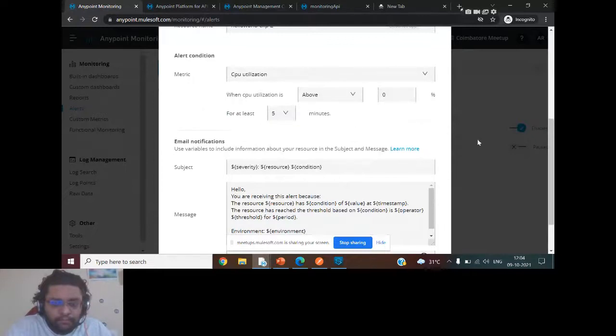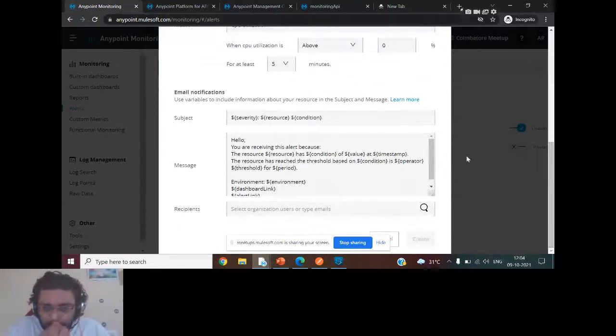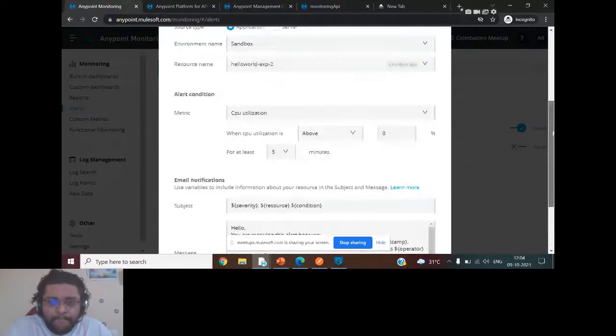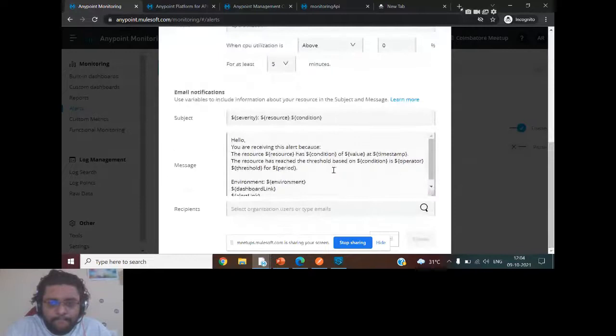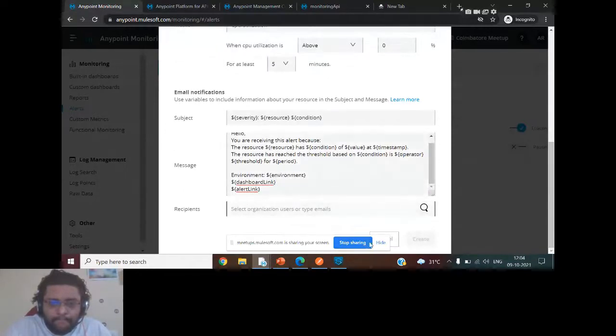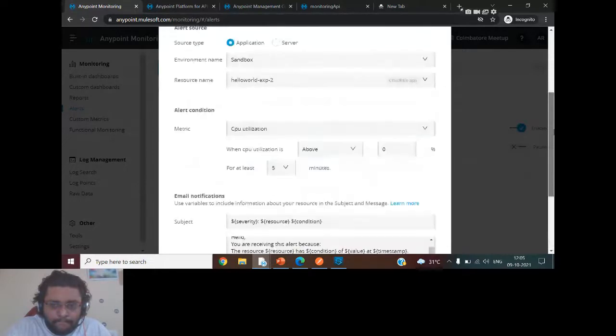So here you can select a metric and then provide the counts. Coming back to the email notification, which will be automatically generated from this basic alert, you do not have to provide a severity. The severity value will be taken from here. All these values are auto generated. Let me hide this. Here you can give some name, so let me give my own ID. I press enter, so it's getting added.